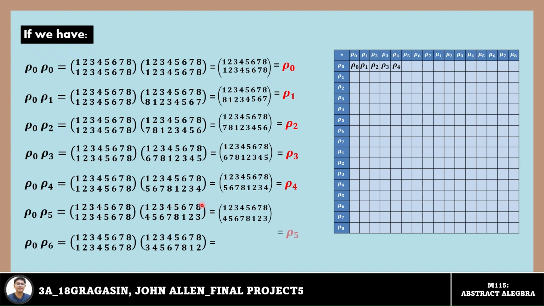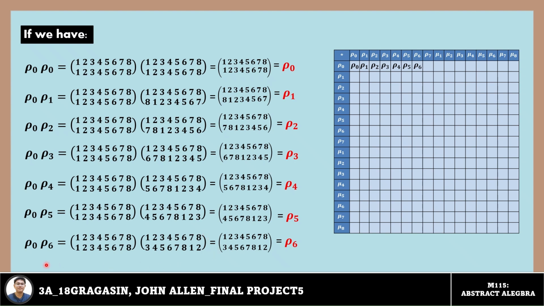And then by following the steps in multiplying permutation group, we need to multiply here the row sub 0 by row sub 5. This is the row sub 0 and this is the row sub 5. So again, let's consider this side and then followed by this side. That is why our answer here is this. As you can see, the elements in our answer are just the same as the elements of row sub 5. Therefore, our answer here is row sub 5.